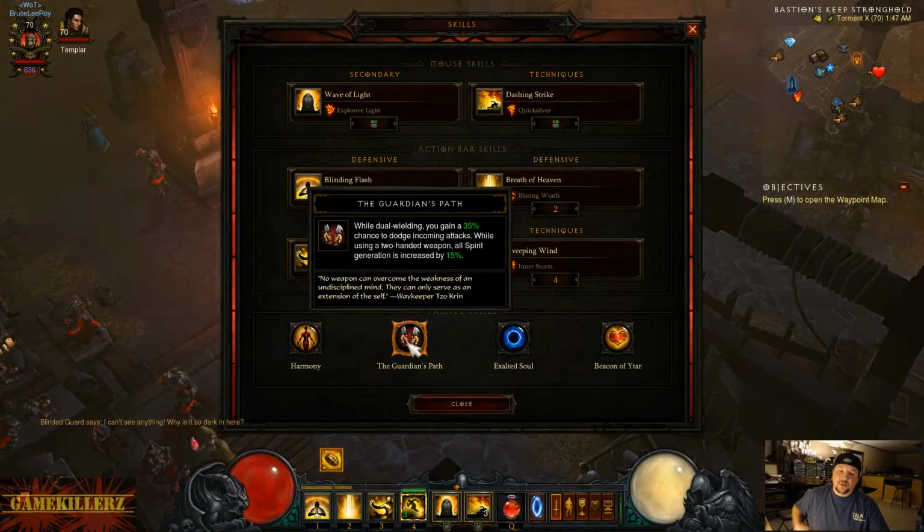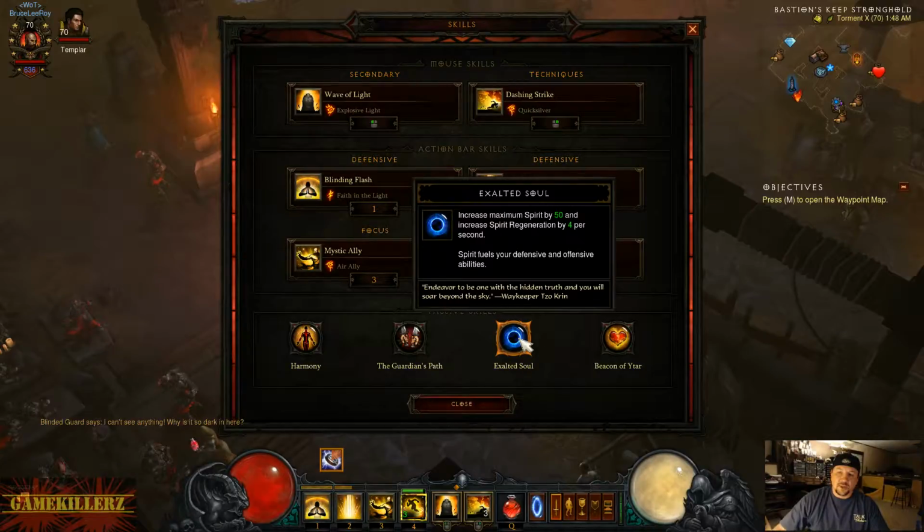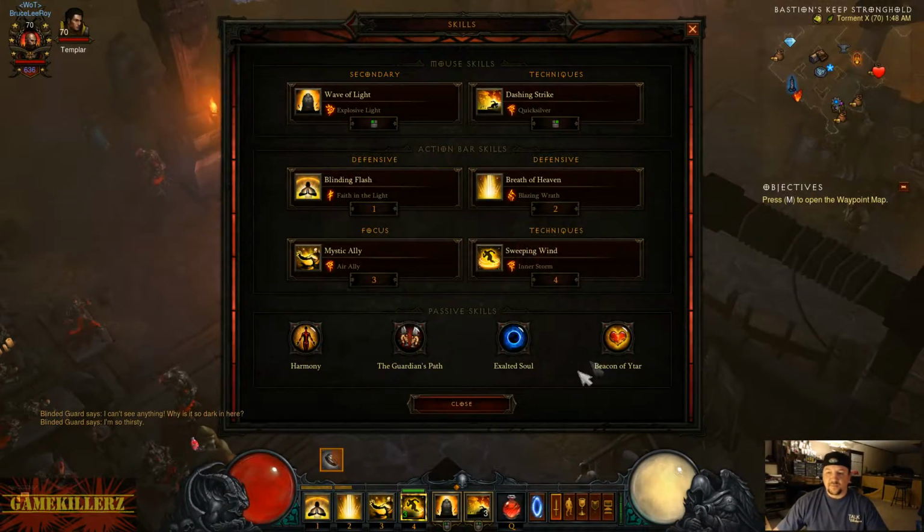All spirit generation is increased by 15%, and I had this one on anyway, an extra 50 and an extra 4 spirit regen. The other two were just there. It really doesn't matter,